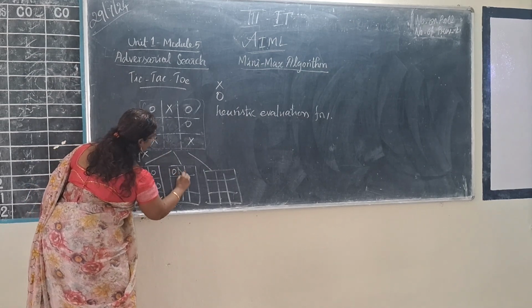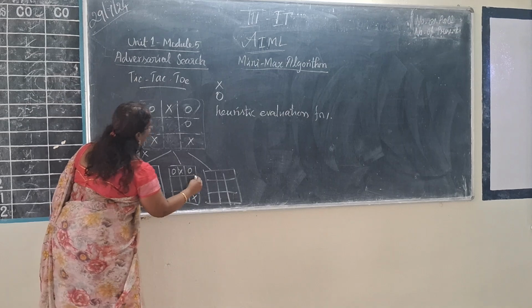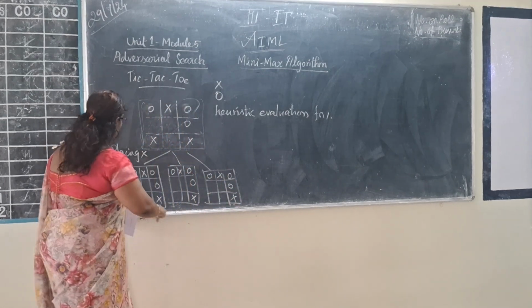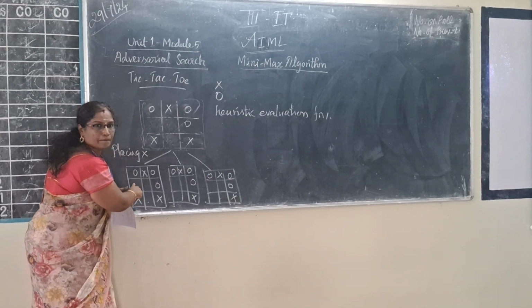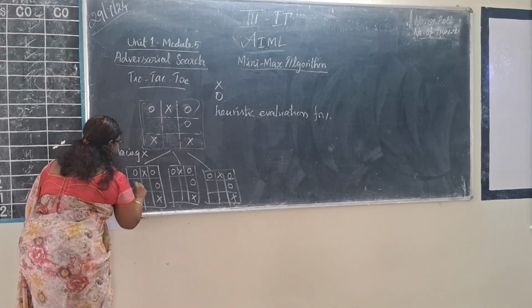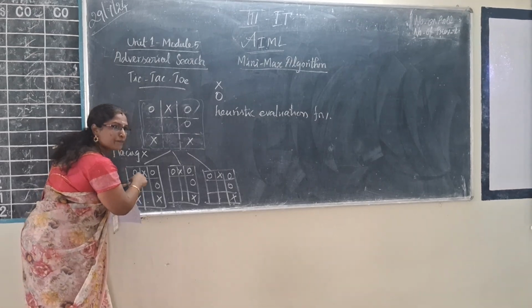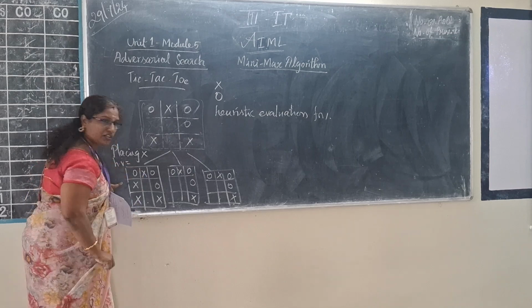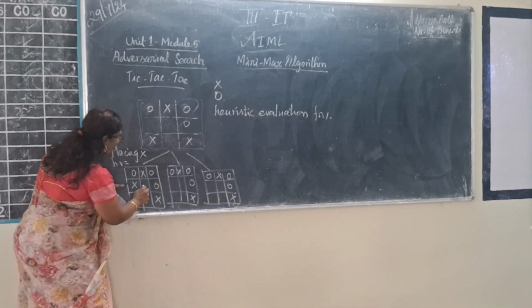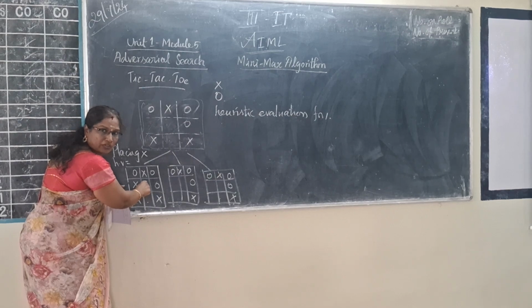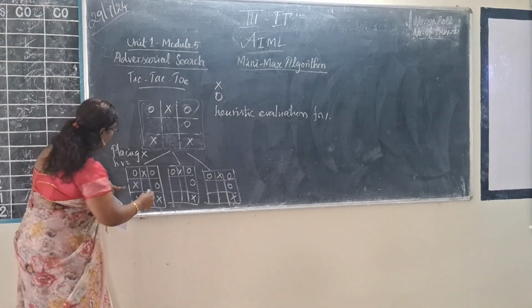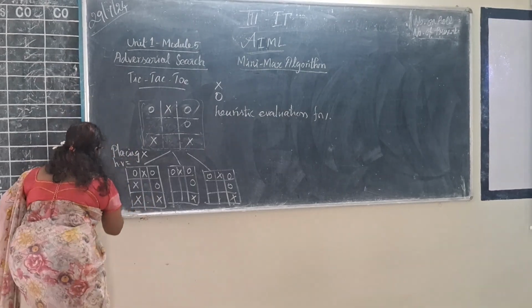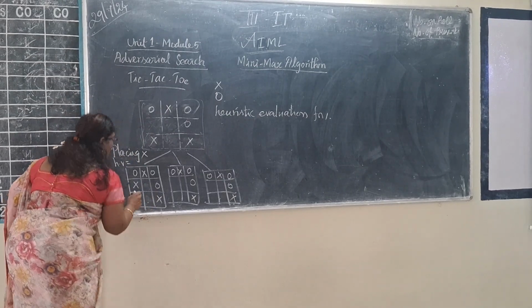This is the previous level. You can do it along with me. So what are all the 3 possibilities? I can place my X over here, or over here. Suppose I am placing my X over here. Now you need to check the heuristic value. If I get X over here, I will not get any winning possibility for O. So here X and here X means I have 2 possibilities. So the heuristic value calculation is 2 minus